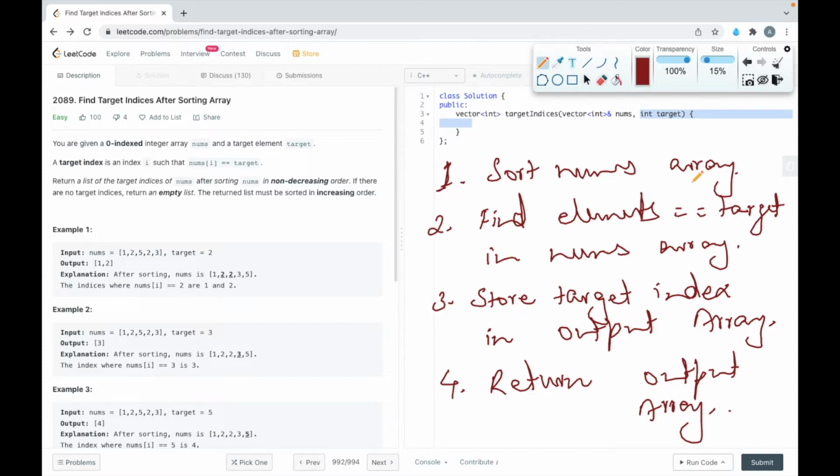First, we will sort the given nums array, and then we will iterate through the complete nums array and check if any element of nums equals target, then we will store that target index in the output array, and finally we will return the output array that holds the target indices. And if the output array is empty, that is, we don't find any value in the sorted nums array equal to the value of target, then it will be returned as empty.